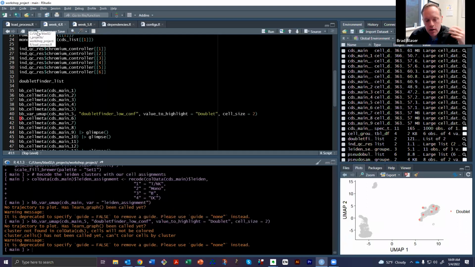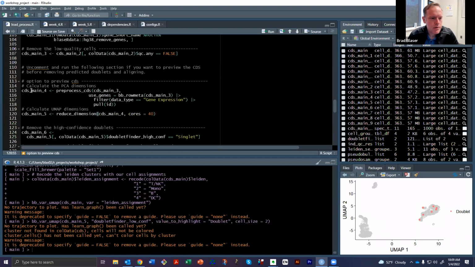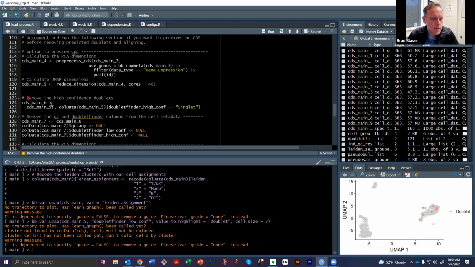Now, if you're running, say, 10,000 cells per sample and you're going to have a doublet rate that might be up to maybe 10%, this is going to be more important for you to do. In any event, that's what was done here. But we can choose, and I usually choose just to remove the high confidence doublets, and that's done with this command here. So what happens is now you've got a subset of your CDS that was, in the UMAP dimensions, which we're going to go into in a little bit more detail in a moment,